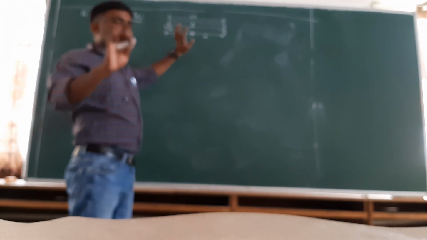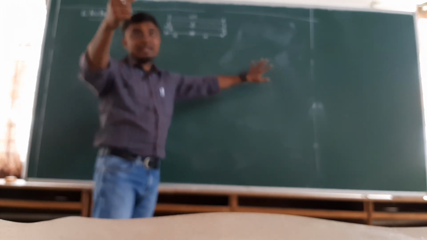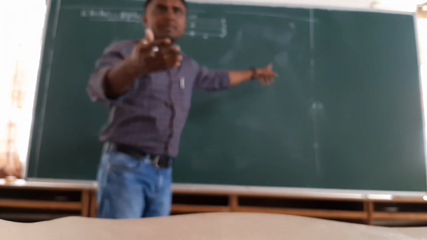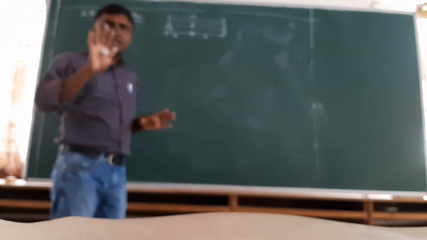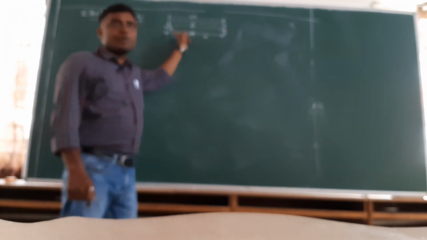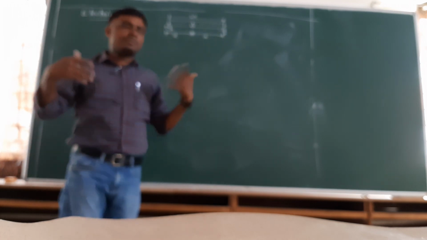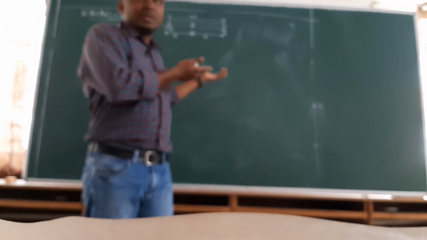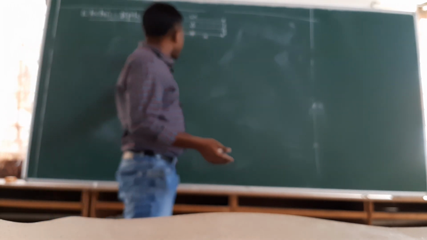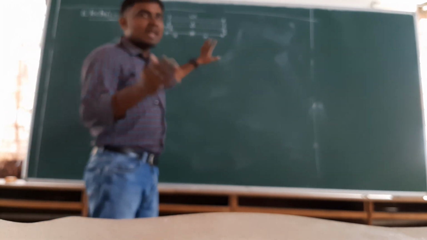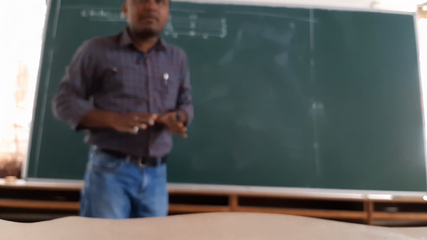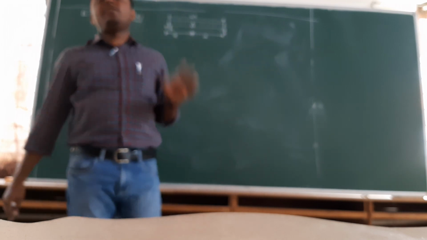Now what you are observing here is that the two charges plus Q and minus Q are separated, no doubt in that. भाई अब देखिए, हमने अभी पढ़ा कि अगर चार्ज है तो वहाँ पे इलेक्ट्रिक फील्ड का प्रोडक्शन होगा, सही है? If you have a point charge then definitely that charge will develop its own electric field. So in this dipole you have two charges, plus Q and minus Q, so definitely these two charges will have their own electric field, and when I say system here, you need to understand it is an electric dipole system. As the two charges have their own electric field, your system of dipole also has some electric field, and that electric field we call a dipole electric field.